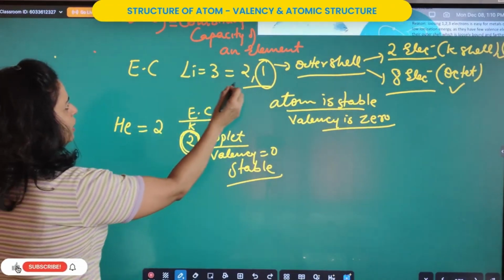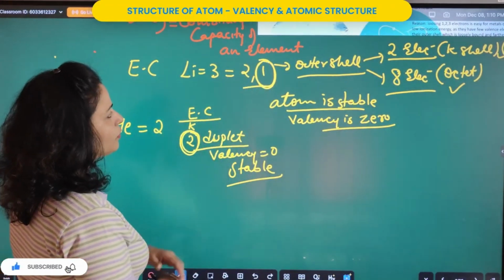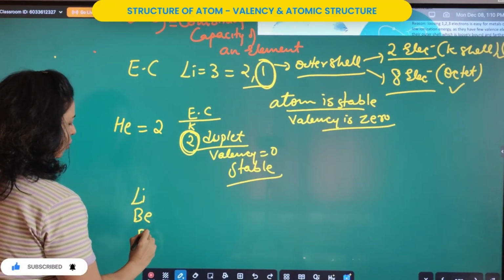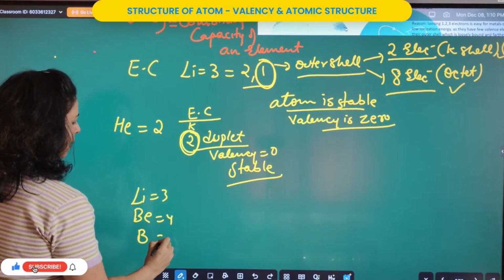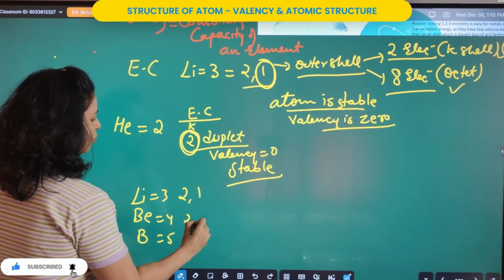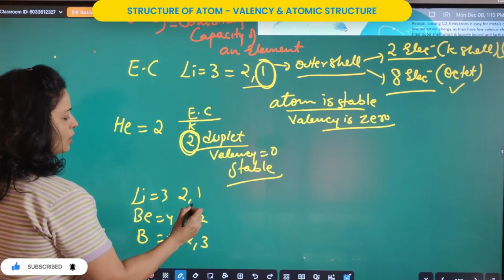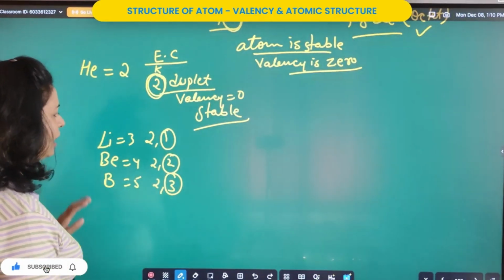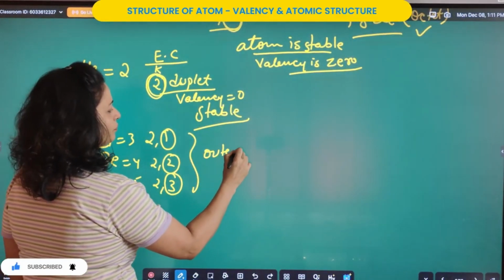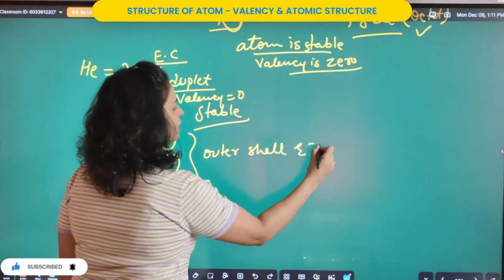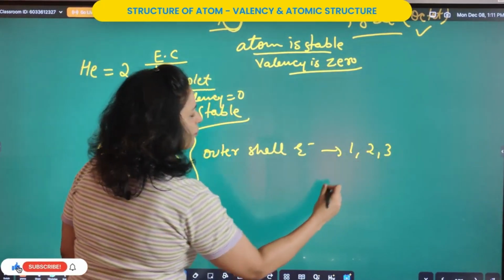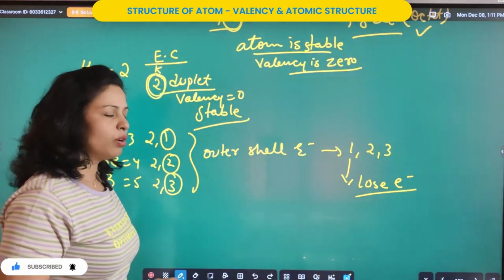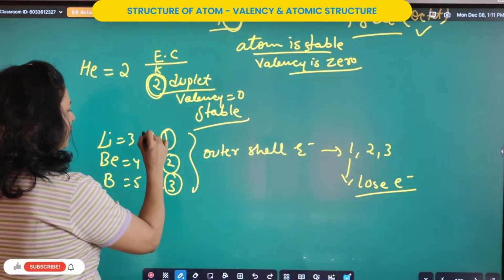But if you see lithium, now lithium has only 1 electron in the last shell, right? Lithium, beryllium, boron, atomic numbers 3, 4, 5, electronic configurations 2,1; 2,2; 2,3. So the last shell is having 1, 2, 3 electrons. When the elements are having 1, 2 or 3 outer shell electrons, they always lose electrons to become like